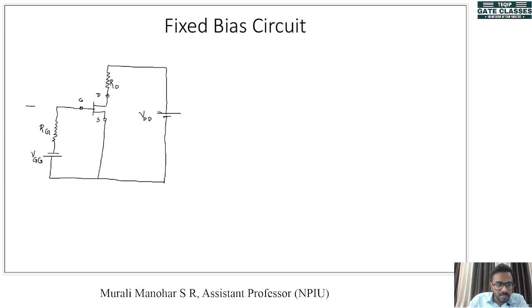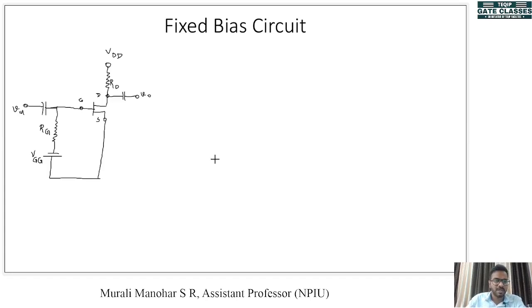So, the circuit will look like this. Here we will give our input signal through a capacitor. Here we have our Vin, and at the drain we have the output, Vout. Let me redraw this. There is no need for VDD to be shown like this, so VDD can be shown like this. This is the circuit. We know that for DC analysis, capacitors will act as open circuits. So, we can remove them and draw the DC equivalent circuit of this.